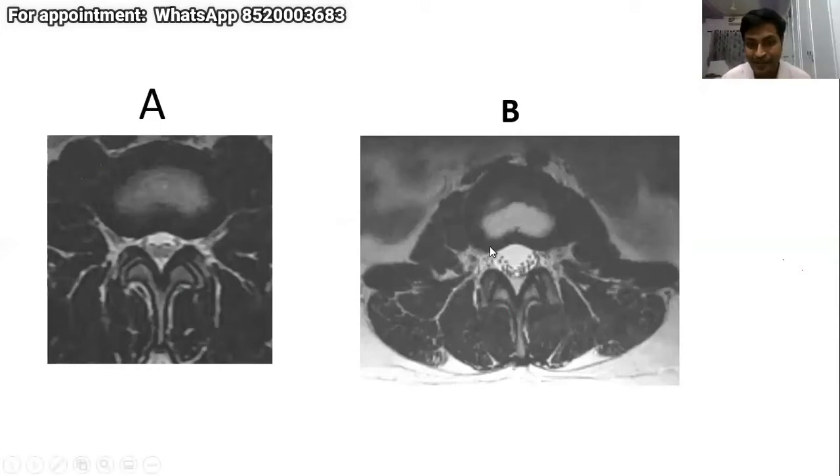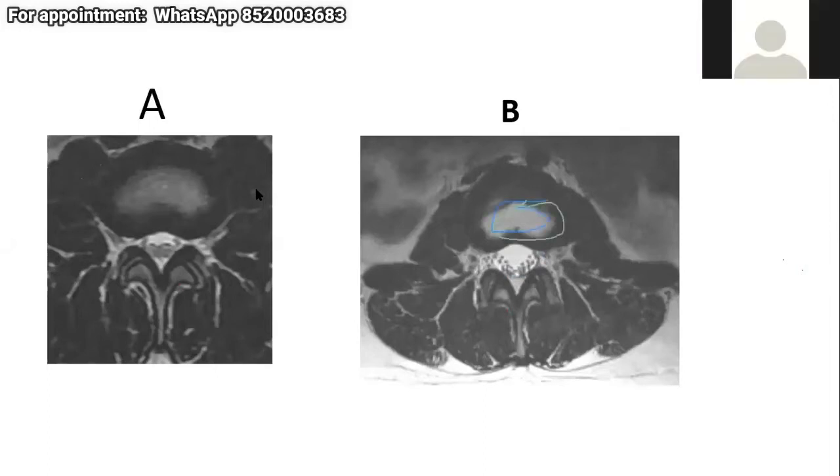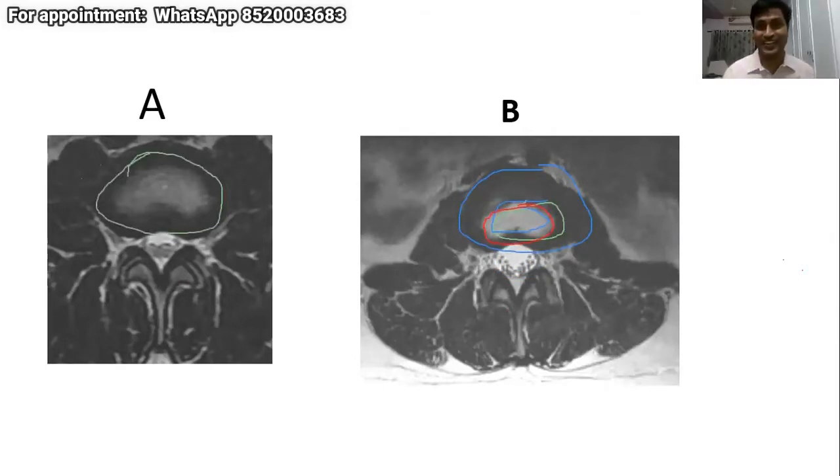Now, this is about the level of the disc. So can you annotate and show me the nucleus pulposus and the annulus? Everyone, do not annotate, just mark it on your screen with a hand only. So this was the nucleus pulposus. And the black one is the annulus fibrosus. Fine. So this is very clear.